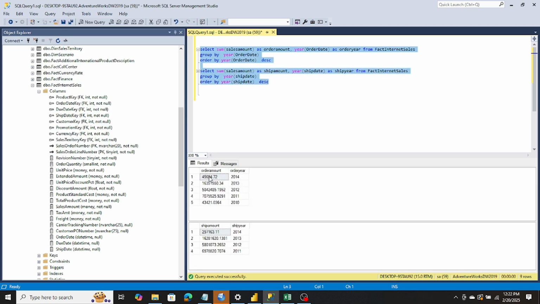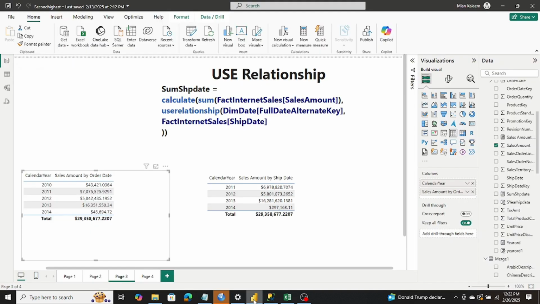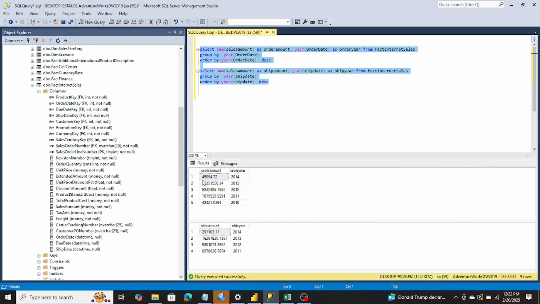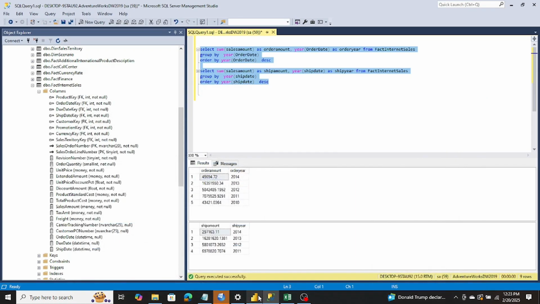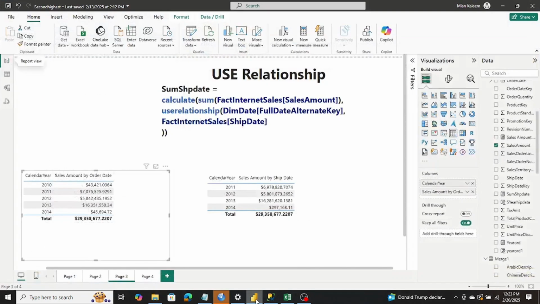In the order amount, in 2014 we have 45694. Let's see here. In the order amount, we have the same. Let's go back and let's see. 2013 is 1635150. So these amounts are now verified. Let's look into the ship amount. In the ship amount in 2014, we shipped 297,163.11. Let's go back. In the ship amount,